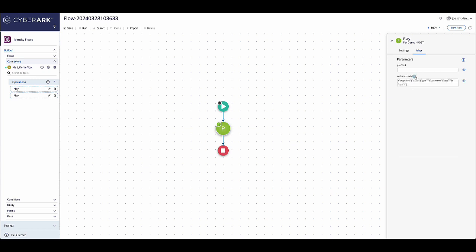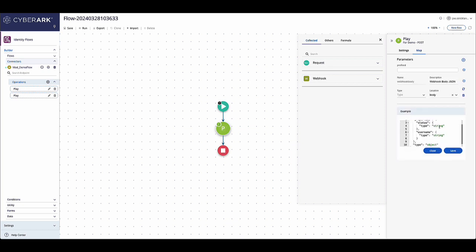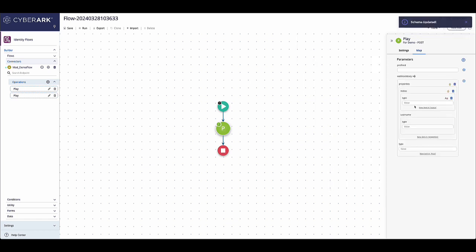And actually the webhook body looks a little bit incorrect. So I will change this a little bit. What I'll do is just edit here. Instead of this, it is type string, that is correct. But what we want to do is just do this, because we don't need all of this. And username is type string as well. Object, we don't need that. And we don't need this properties field. So this is the body that's expected, right? It's just username and status. So now that I have that,